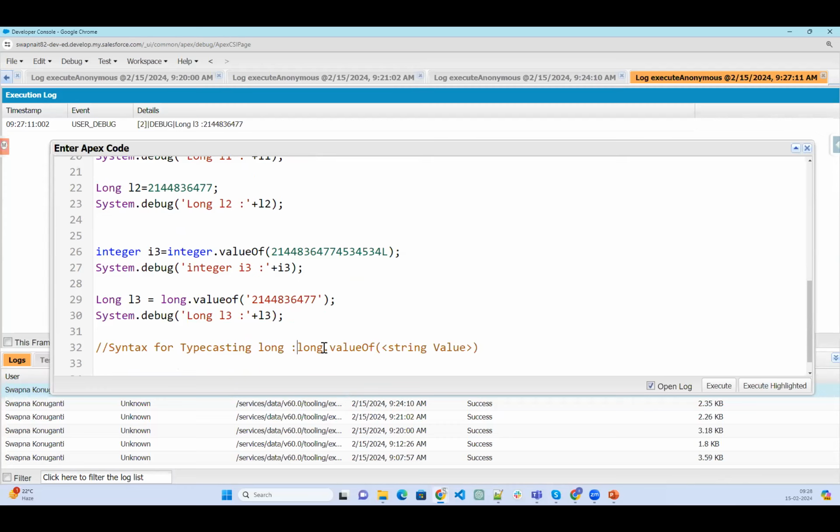You cannot provide the integer. If you want to convert the integer also, first you need to convert the integer to string and then string to long.